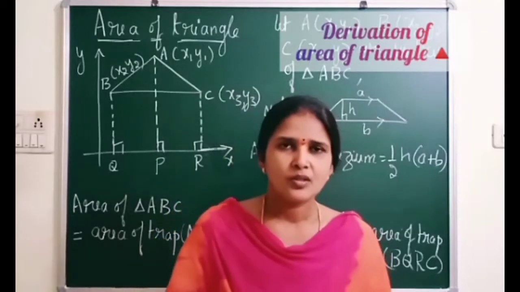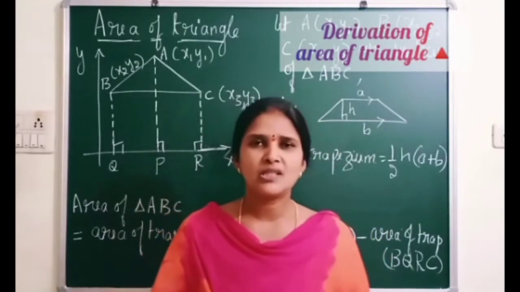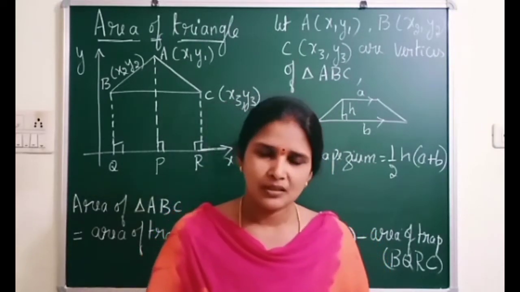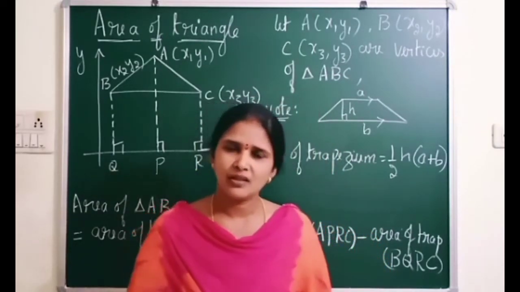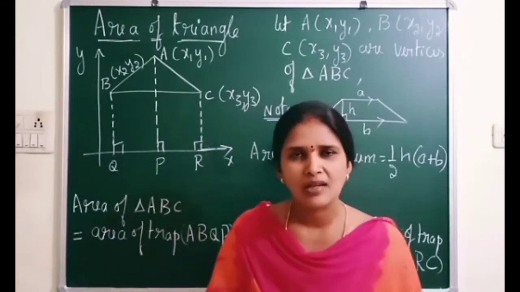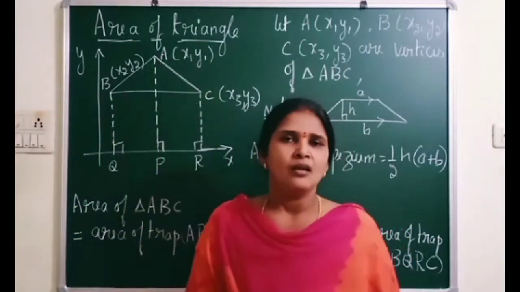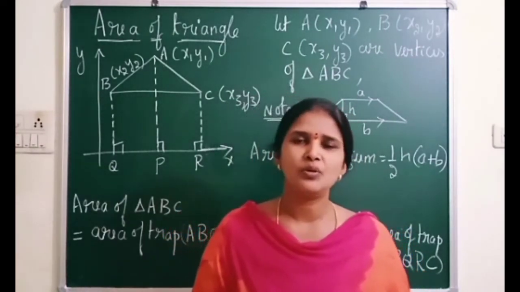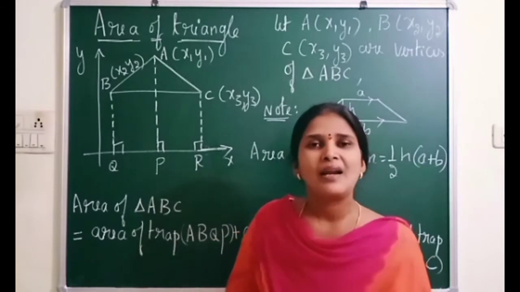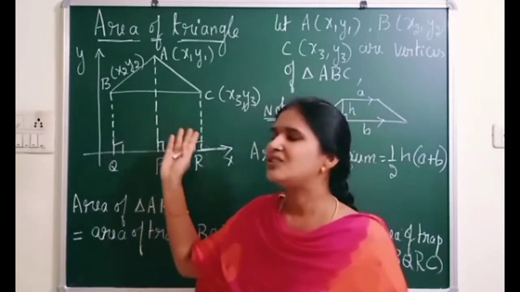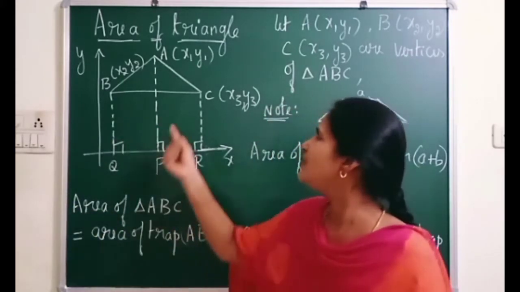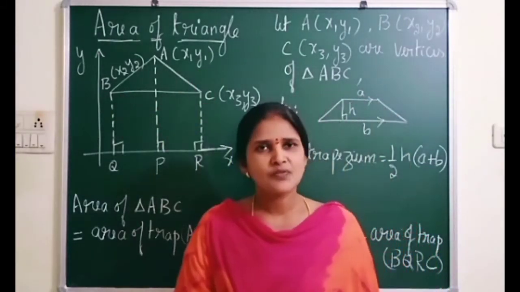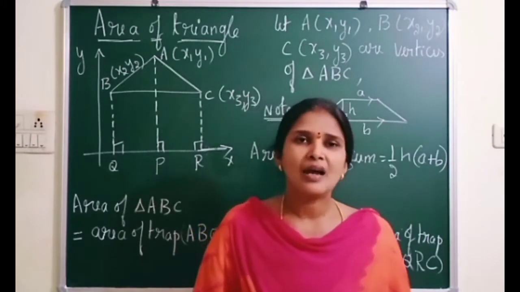Namaste everyone. So in this video, let us continue the chapter Coordinate Geometry with exercise 7.3. Before we start exercise 7.3, we need one important formula, that is area of triangle. As you know, area of triangle is half into base into height in geometry. But in Cartesian plane, the area of triangle changes with the ordered pairs, that is x1, y1, x2, y2 and x3, y3. So let us find the area of triangle in Cartesian plane.